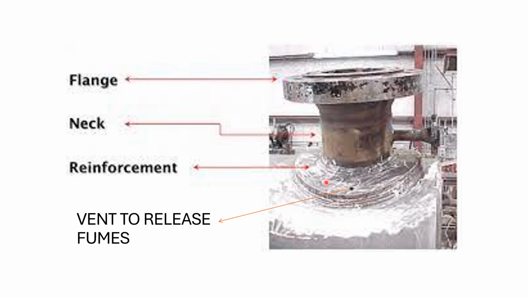So to avoid that, we always provide a small vent, that is 6 mm or 3 mm, not more than 6 mm. We provide a vent to release all the fumes. Later, sometimes we can leave it, and sometimes we plug it. It depends upon the client. If you say you need to plug because the external conditions are not so good, in that case you can plug again, but you need to provide a vent during the welding of this reinforcement